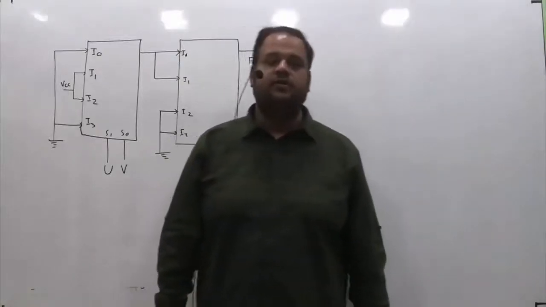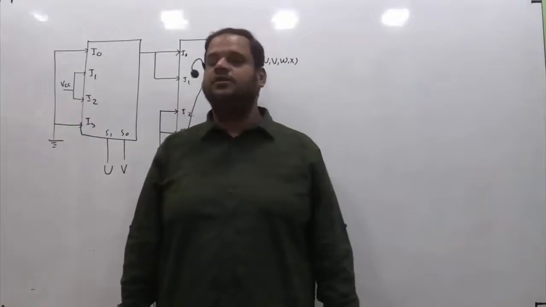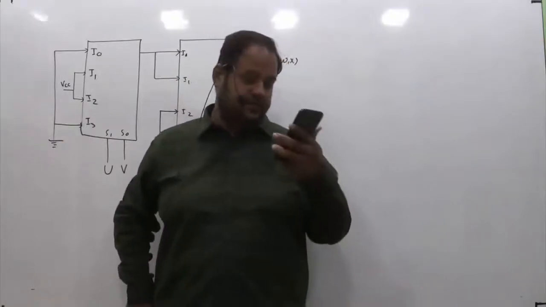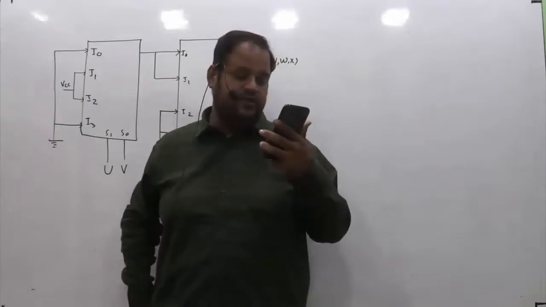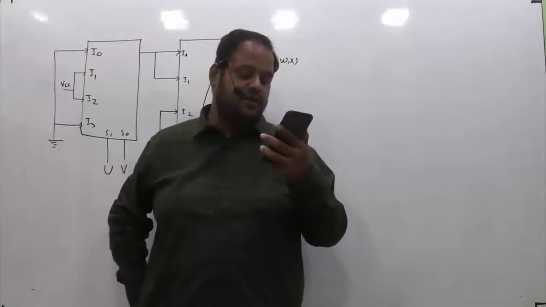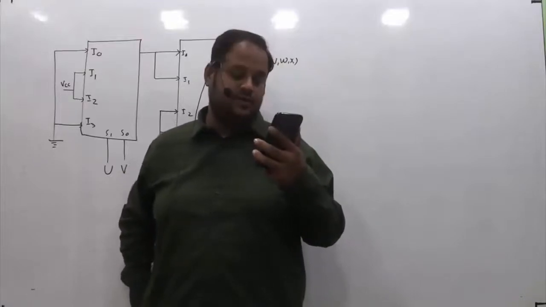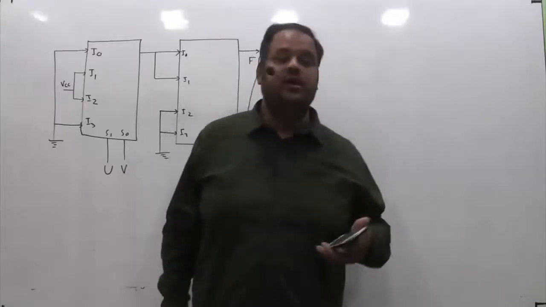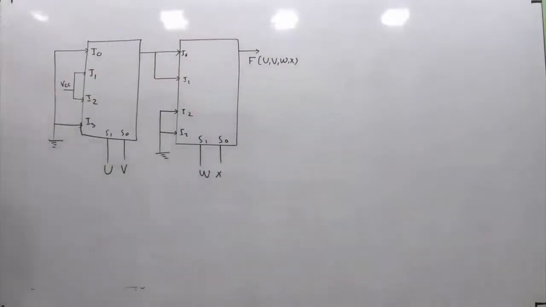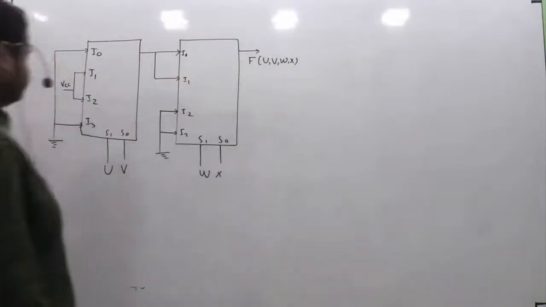This question was asked in GATE 2018 of electronics. This is from digital subjects, from combinational circuits and related to the multiplexer concept. The question is, a 4 variable Boolean function is realized using 4x1 multiplexers as shown in the figure. The minimized expression for f in terms of U, V, W, X is, okay. This is a very common structure of multiplexers where 2 multiplexers are cascaded and you are supposed to obtain the expression of this f.